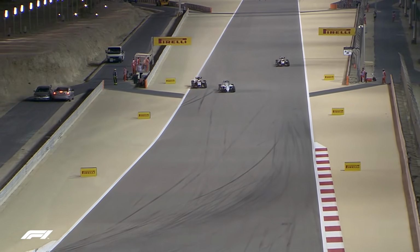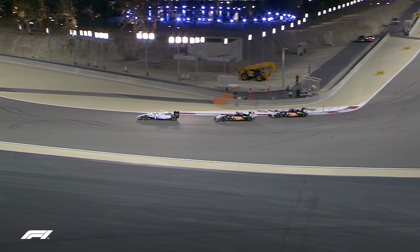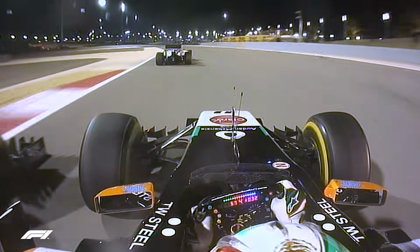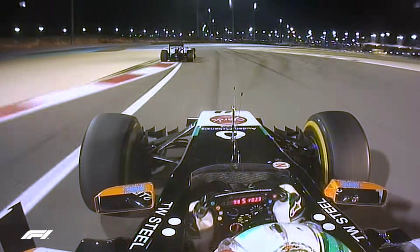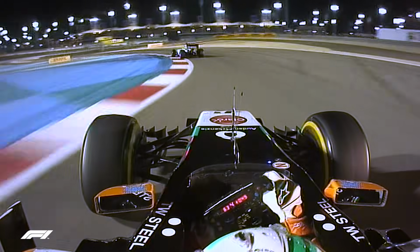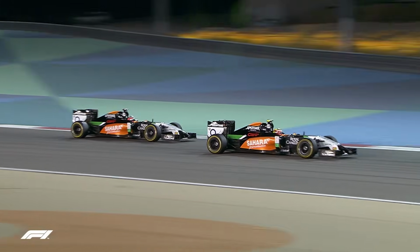He's left him a car's width. Hülkenberg goes a little bit wider. Decent positioning there from Massa. And look, there's Perez getting a really good exit out of turn 4, and he's going to go wheel to wheel with his teammate down the hill. Hülkenberg nearly touches, has to back out. Perez spied the gap, spied the opening, and forced all 4 tyres through to move ahead of Nico Hülkenberg and